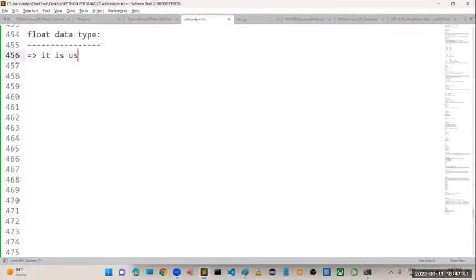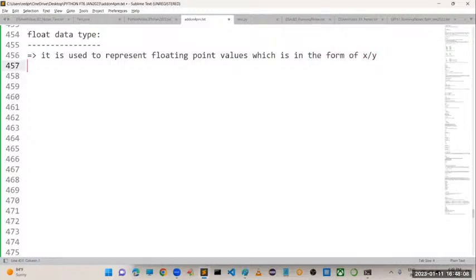It is used to represent floating point values, which is in the form of x by y, where x and y belong to integers.